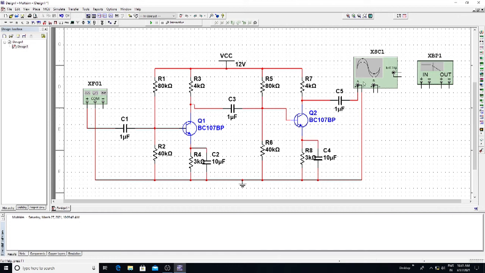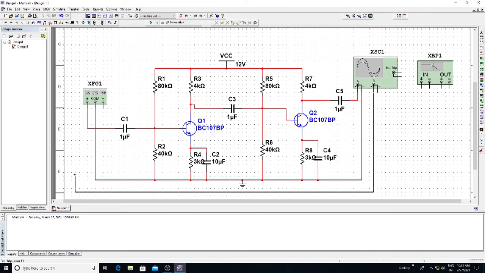In a similar fashion to how you connected channel A to the output section, you connect channel B to the input section. Why am I connecting channel B to the input section? We are seeing the output in terms of the input, to see whether the input is amplified or not. So in order to compare, we are placing both in our CRO.